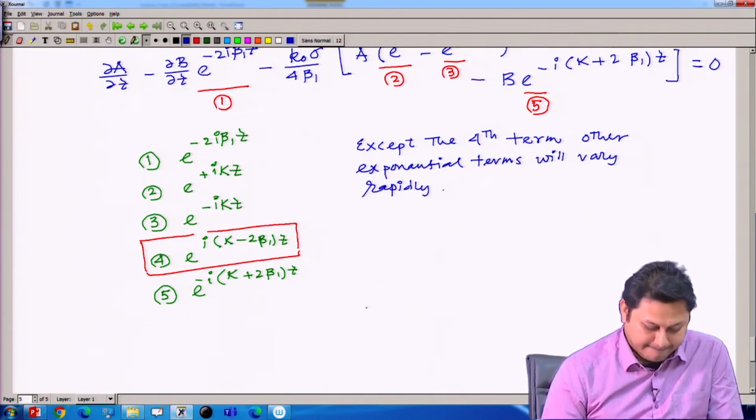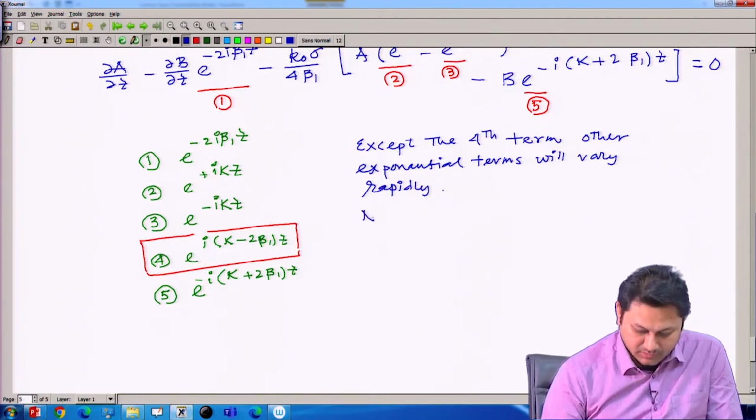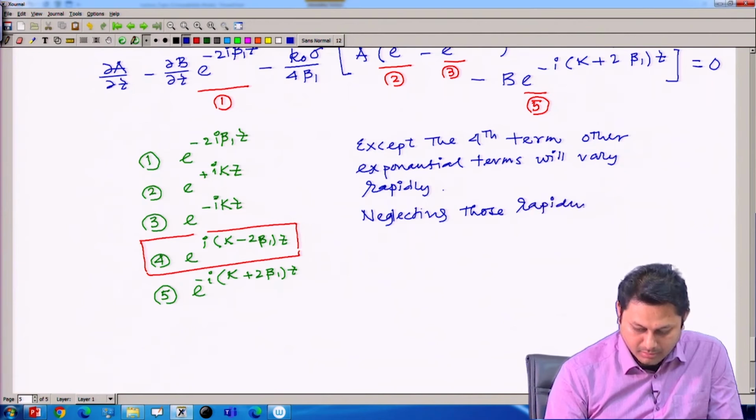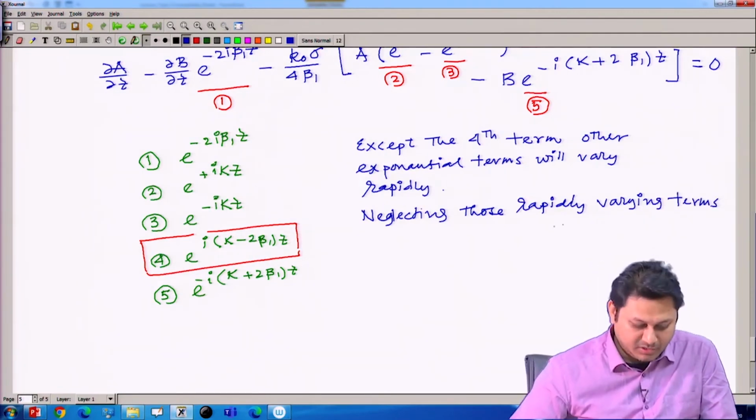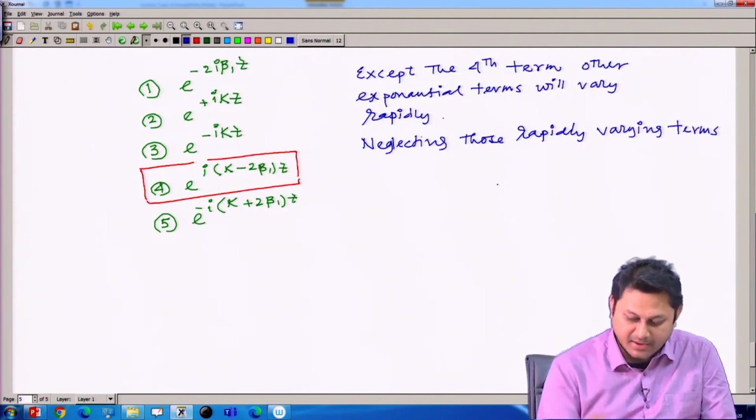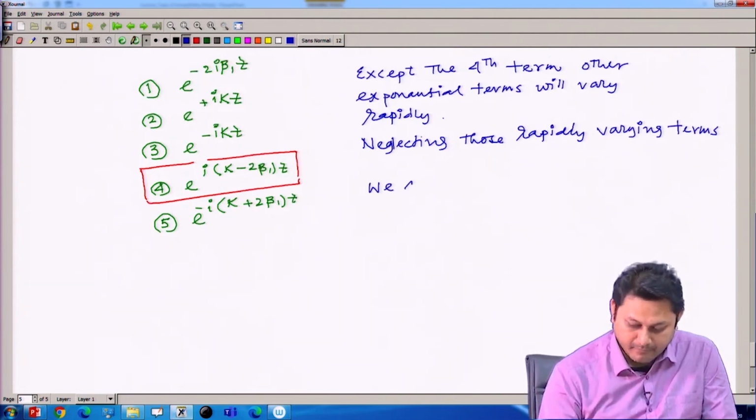So, neglecting those rapidly varying terms, neglecting those rapidly varying terms, we can have, so you can see we can have